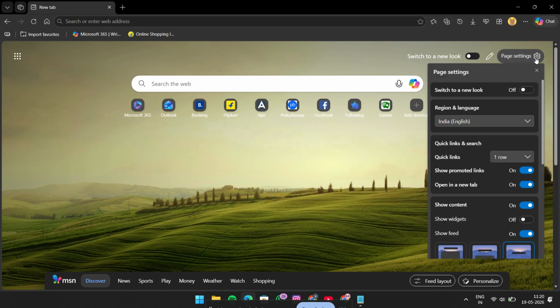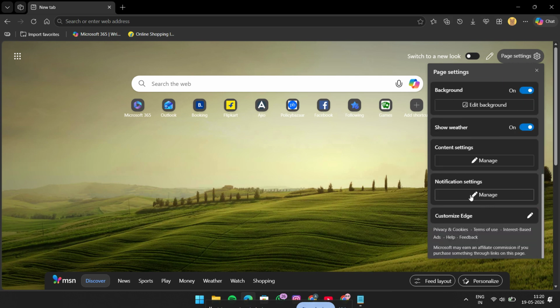Once the settings panel appears, look for the option labeled Show Weather. This setting controls whether the weather widget appears on your Edge homepage. To remove the weather, simply toggle Show Weather off. As soon as you switch it off, the weather section should disappear from the page, giving you a cleaner layout